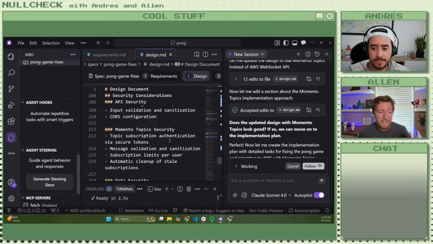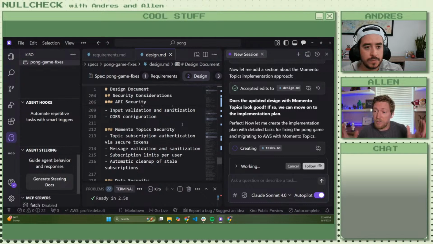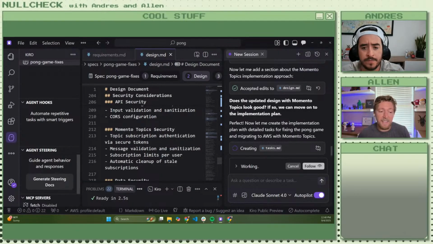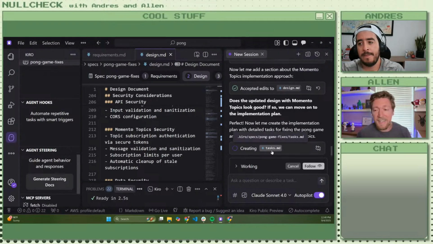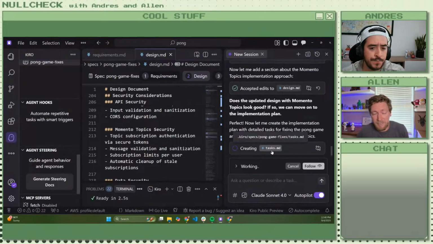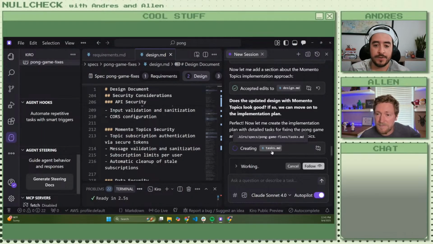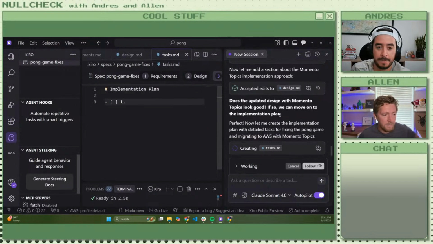So now that we say that design looks good, it's going to go over and do the individual tasks. And if anybody's familiar with the Jira ecosystem, what we just did here was more or less define the epic, which is the collection of Jira tickets. And then what it's going to do when it's creating this tasks.md is really creating the individual Jira tickets. Like this is what I would assign when I was a manager. No, it's all based on the requirements, right? So each task will tell you this fulfills these requirements.